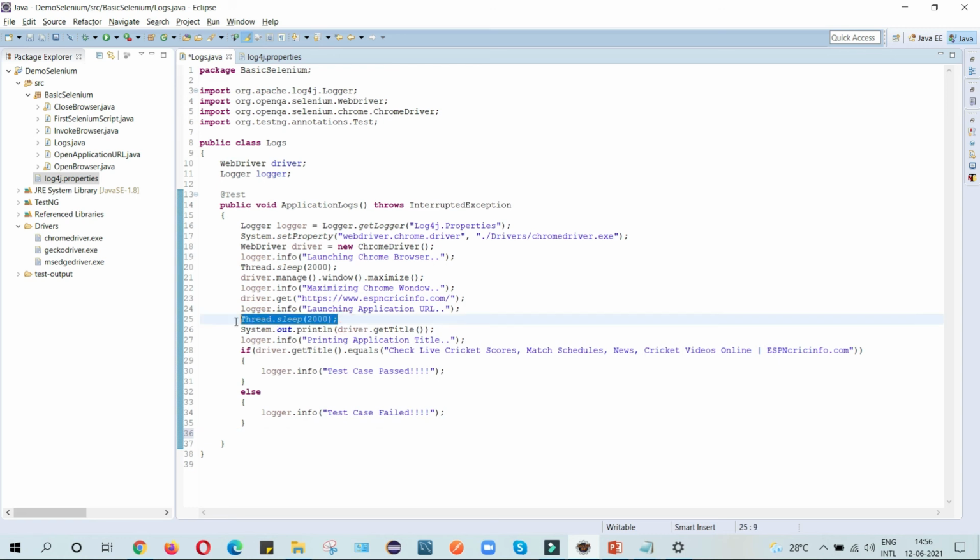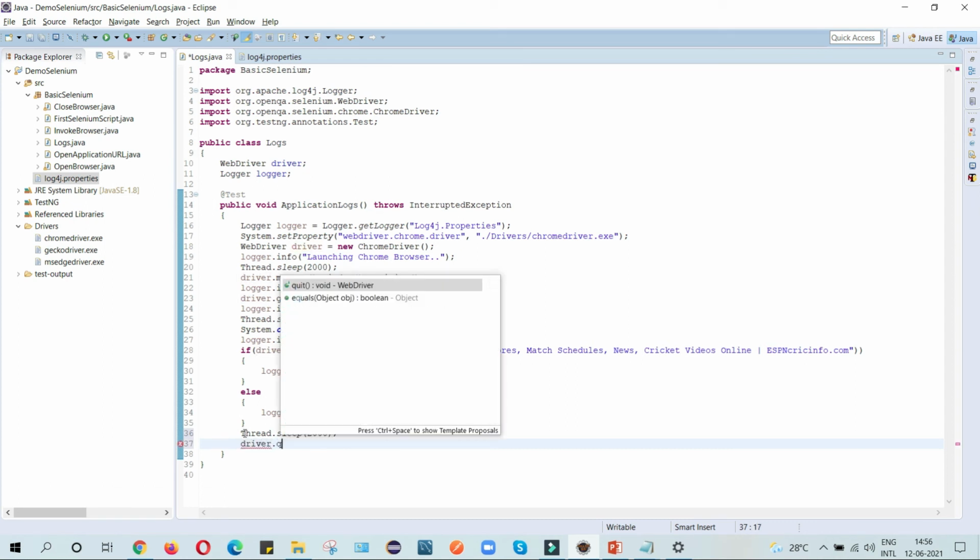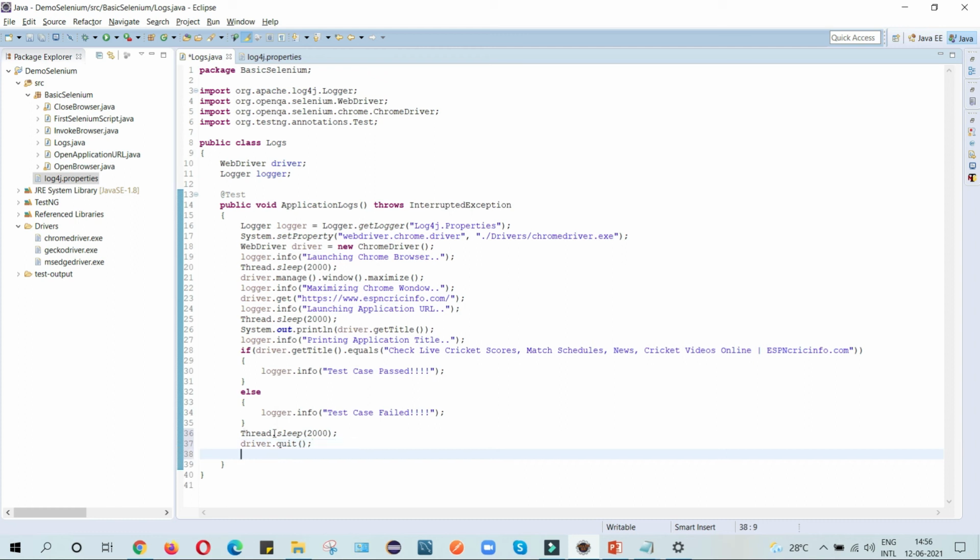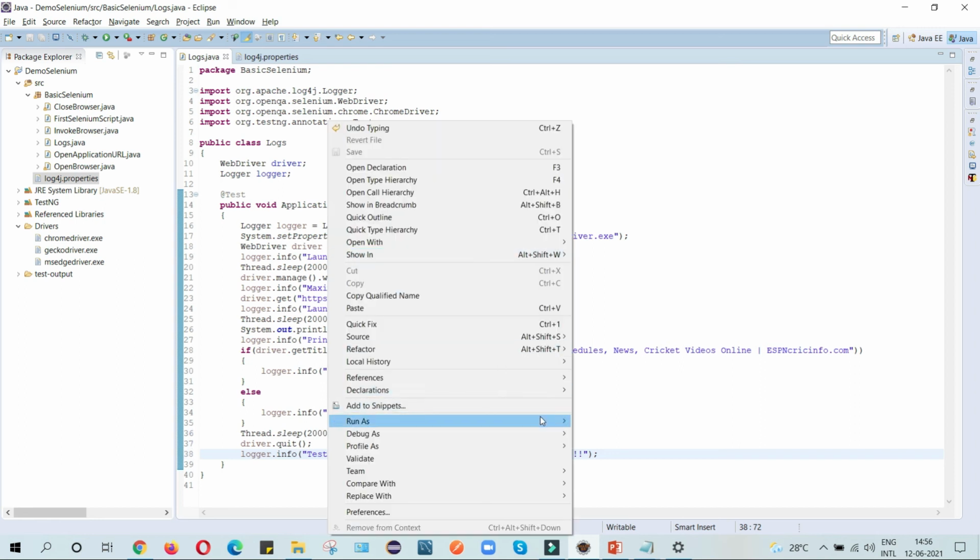I will wait for a few seconds here, and after that I can write driver.quit, and I can give one statement here: test case passed, so I am closing my Chrome browser. Anything you can write, and now I will just save and run this once again.